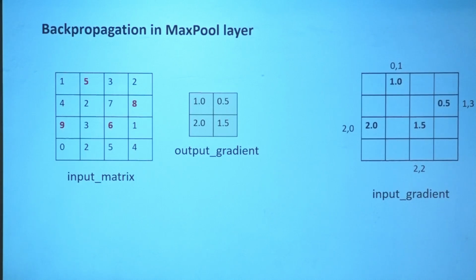Got it? This is what is called back propagation. You understood? The derivative values, whatever it is receiving from the next layer, those values will be taken into the input gradient at those positions in the input matrix from where it got the maximum values. For those positions only it needs to be sent. I already recorded the positions (0, 1), (1, 3), (2, 2) and (2, 0). For those positions only these values will be taken.